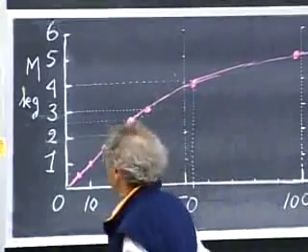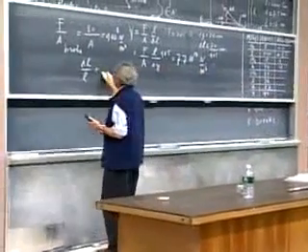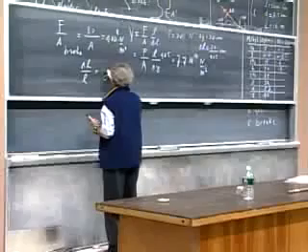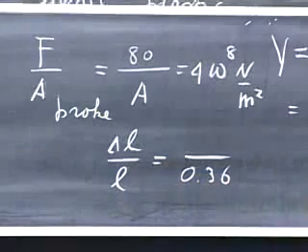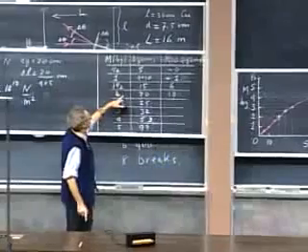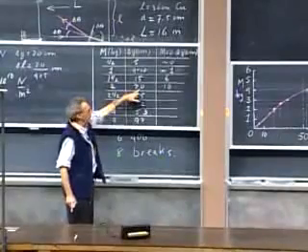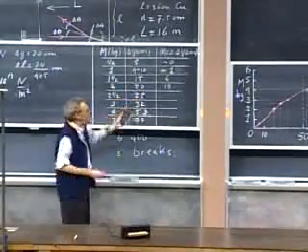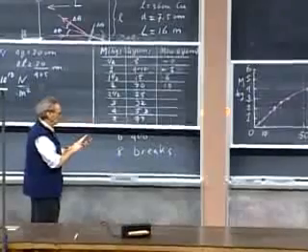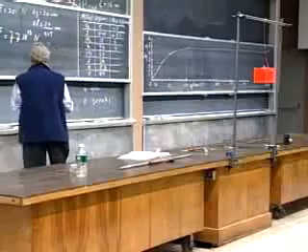Well, we know the length, 0.36. And when we reach the end of the Hooke's law parameter space, we have a delta L which is 425 times lower than this. So we have 20 divided by 425, and that is